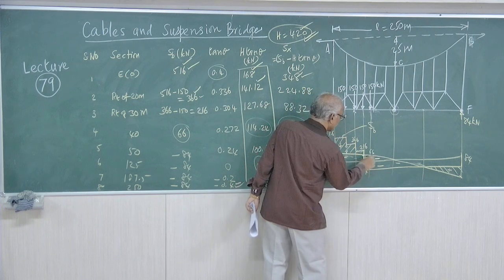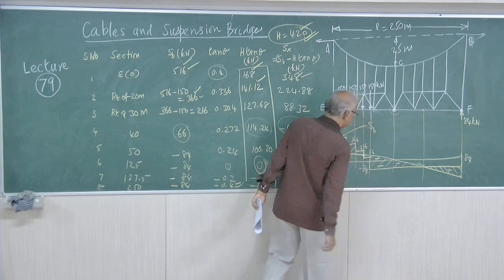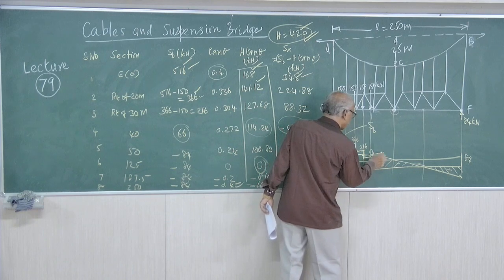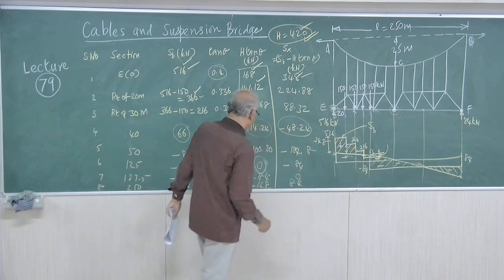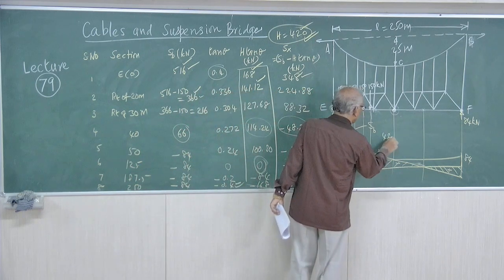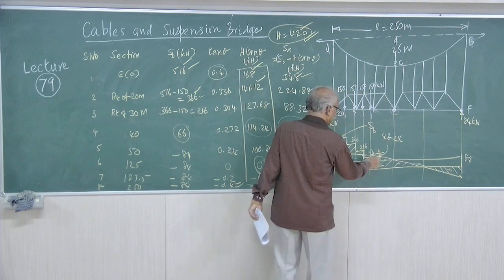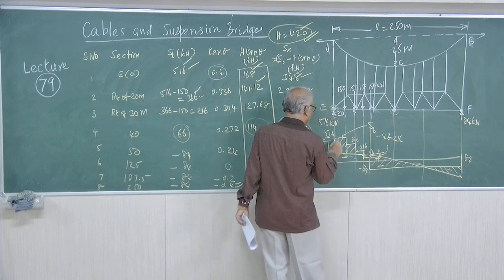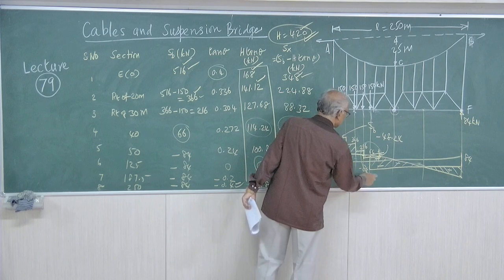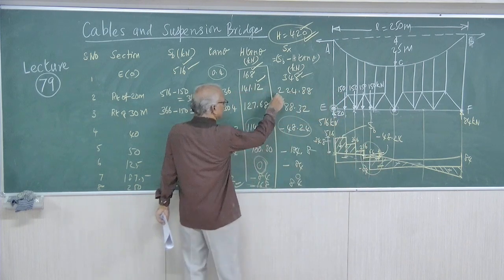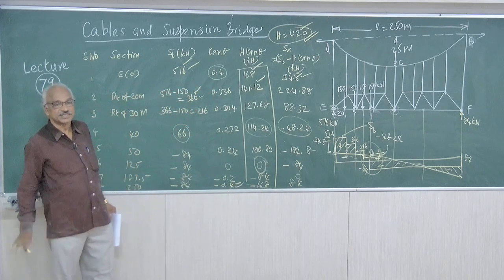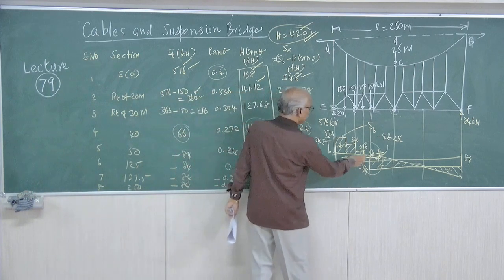Now beyond this it will be negative, completely negative. So at this point you have a negative value of 48.24, minus 48.24. This is minus, this is minus. All these values are plus. So when you draw the diagram in this area, you have to be a little careful. You have to see the values in your table, because it is not drawn to scale, and you have to meaningfully complete the sketch. So this is the net positive diagram.